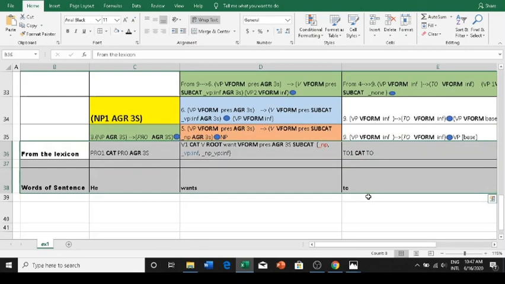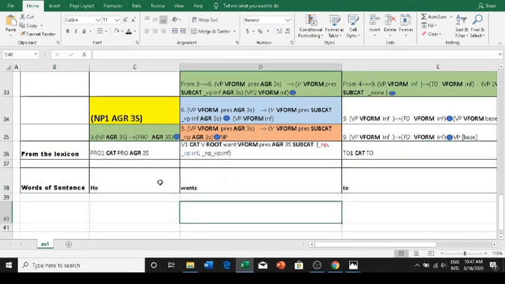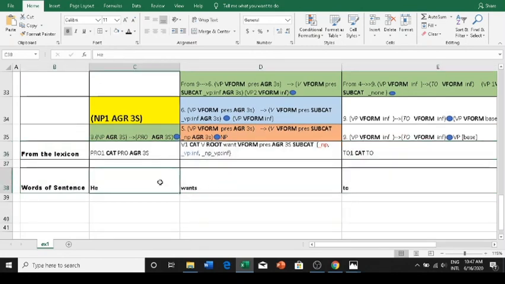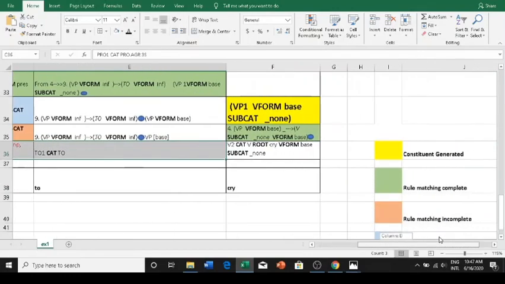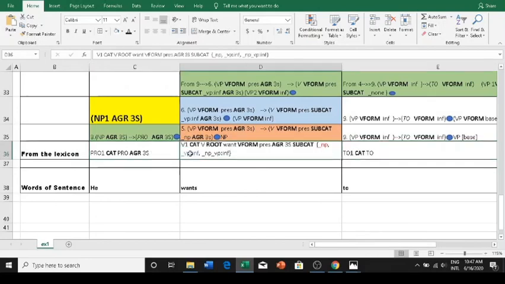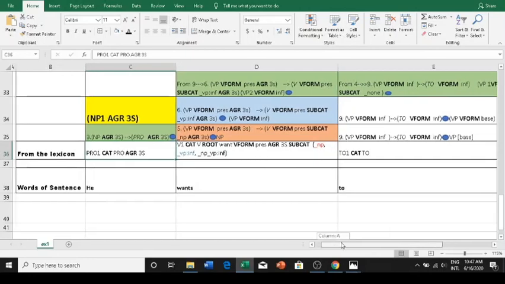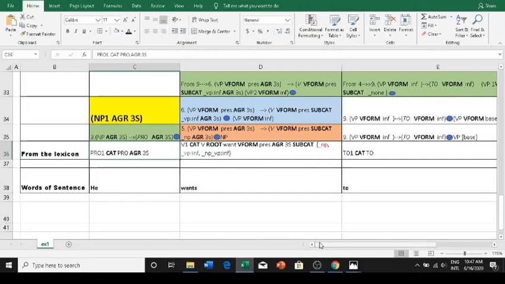Once we are done, we will start with the bottom up parsing technique for each of the words. You remember the bottom up parsing technique, in which we look at the right hand side of each production of the grammar to find a match for our constituent from the word. Currently our constituents are the things that we got from the lexicon for each word. We are going to see whether we can get a match for these lexicon entries in the right hand side of any production.